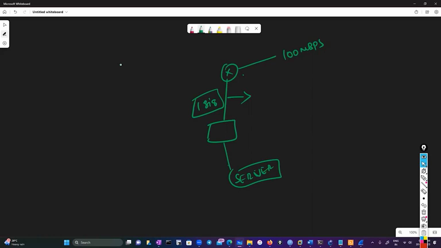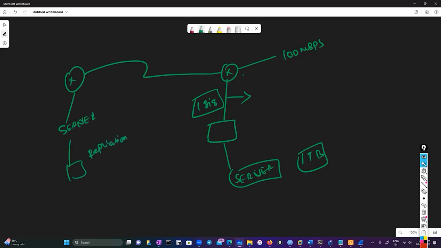But on top of that, if I have a server and I'm replicating 1 TB of data, with replication happening between these two servers, we definitely have a separate link for this. But what I'm saying is when it is traversing from the core switch to your SD-WAN box, or it can be any kind of edge device,